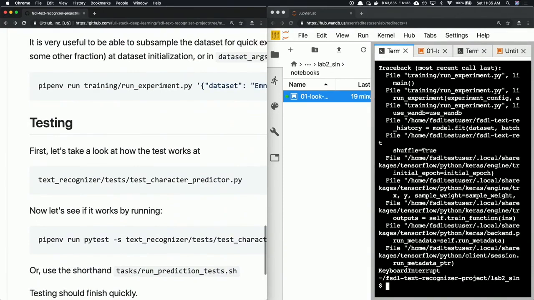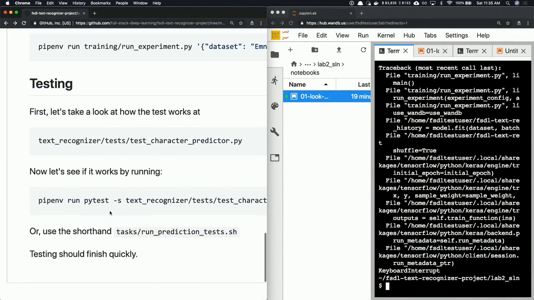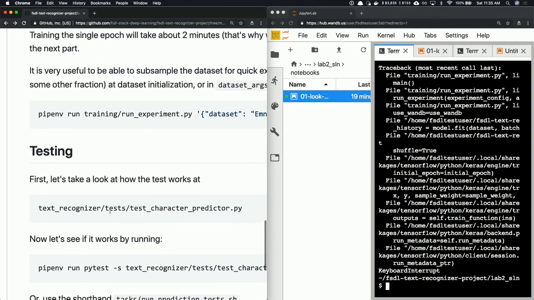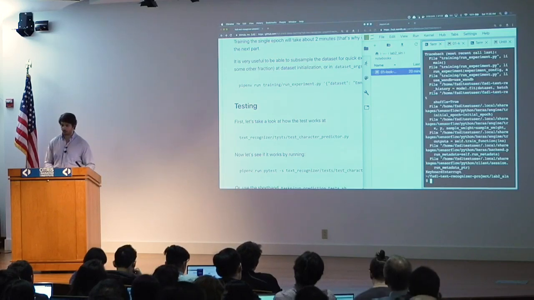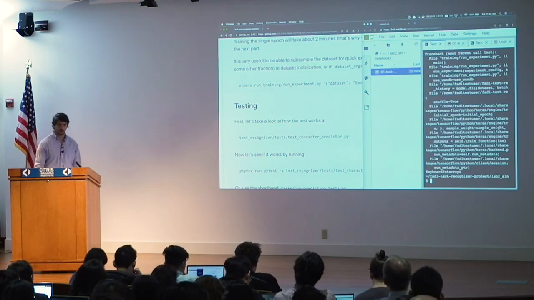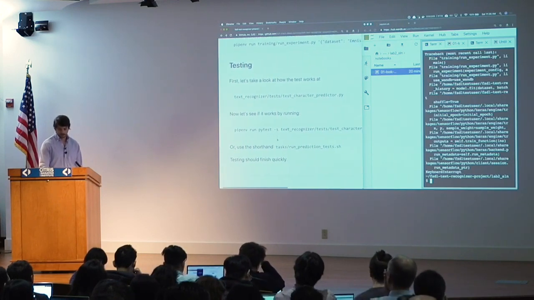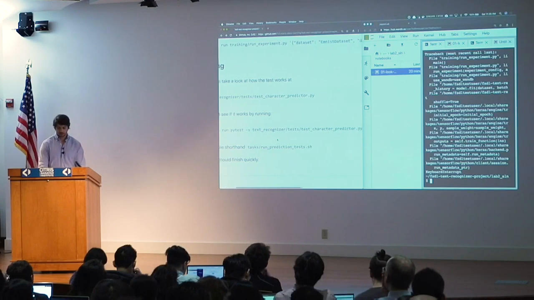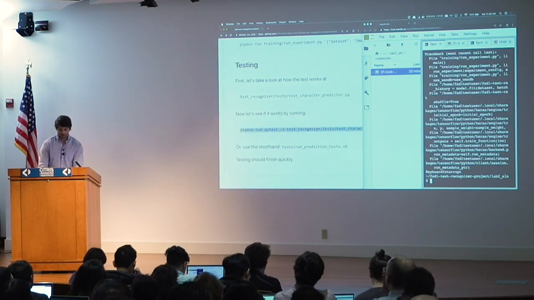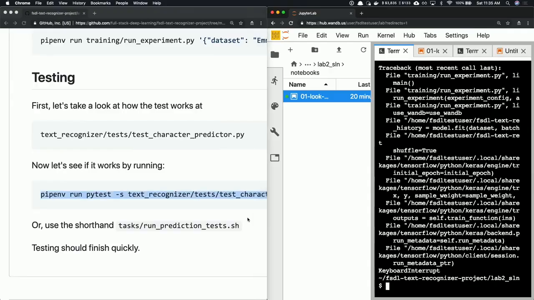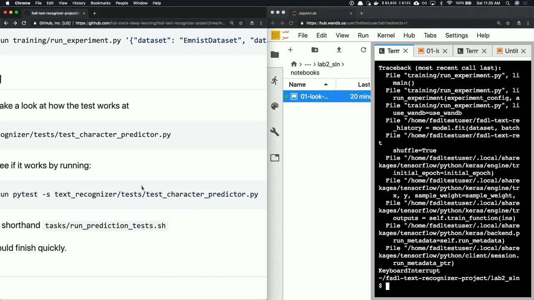OK, great. So basically what we've seen how to do with this code base is we've looked at the network and model code and seen the simple way that those are created. And then we've shown you how to train a model using different networks, different model specifications, and different parameters. So maybe the next thing to try is let's take a pre-trained model and run a test and see how well that works. And so we have this test called test character predictor. And if we look at this,